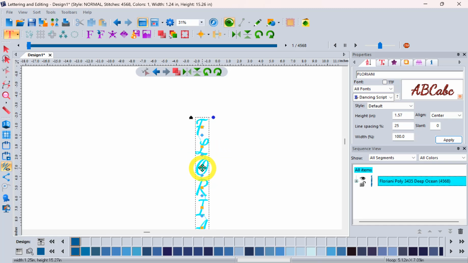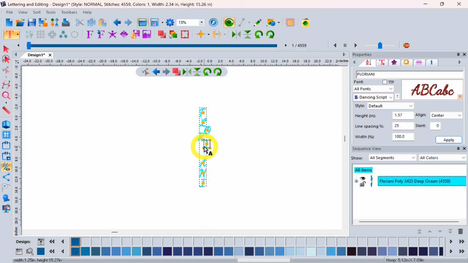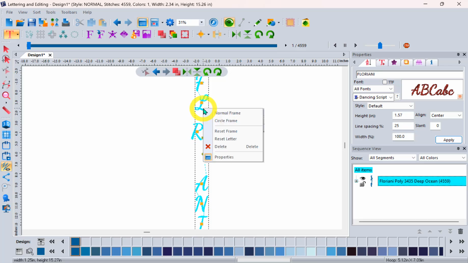But the gold handles in between, of course, would allow me to move the O and the R to new and unique locations. So if you wanted to do a vertical arrangement, but you wanted it to have some sort of a unique letter arrangement, then your gold handles would be kind of the friendly ones. Of course, you always have the right click and reset the frame to put everything back to